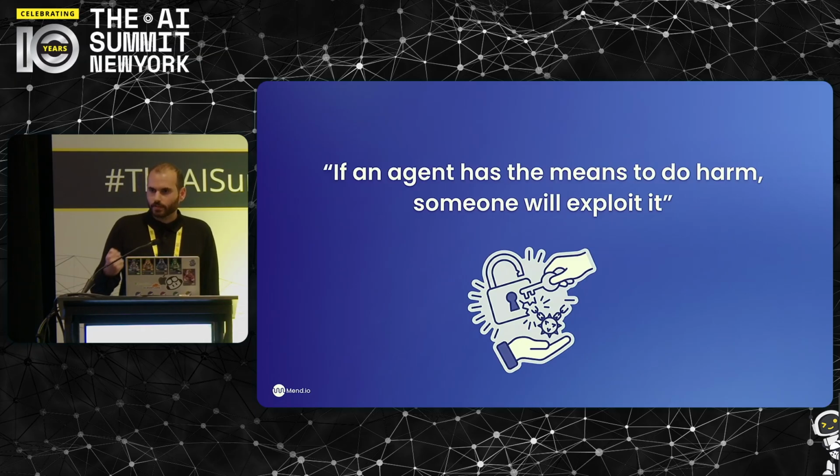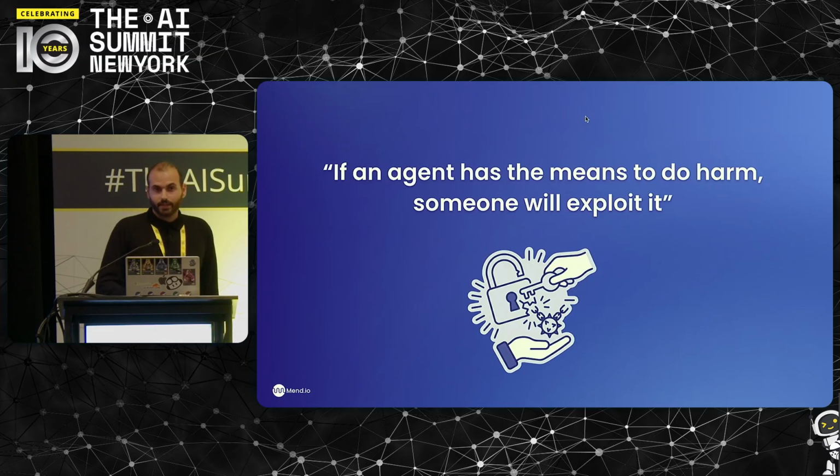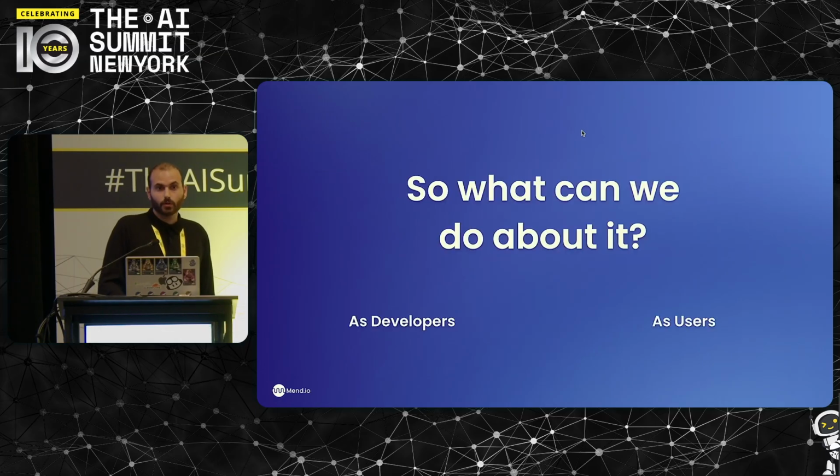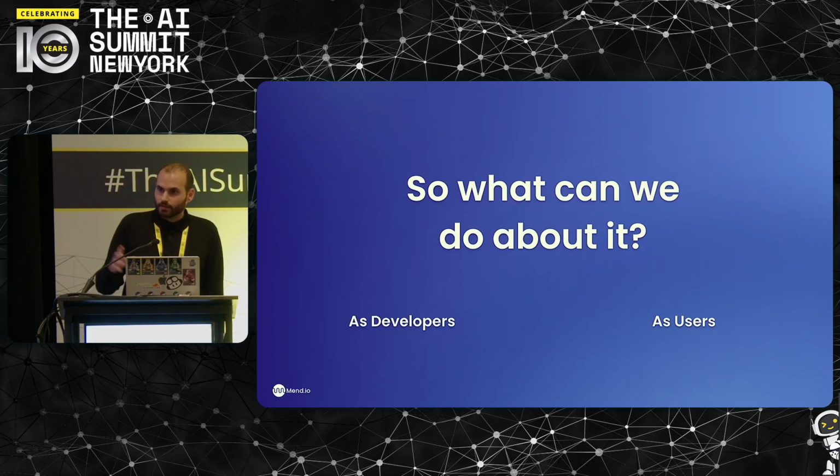Right? They should assume that if an agent can transfer money, someone can convince it, like a person. I can come to the HR in our company and convince that person to give me the salary of the CEO. So with agents, it's kind of the same. So what do we actually do about it? And when asking that, we can view this from two ways. One, as developers of our own agents within our organization, builders of agents, and second, as users.